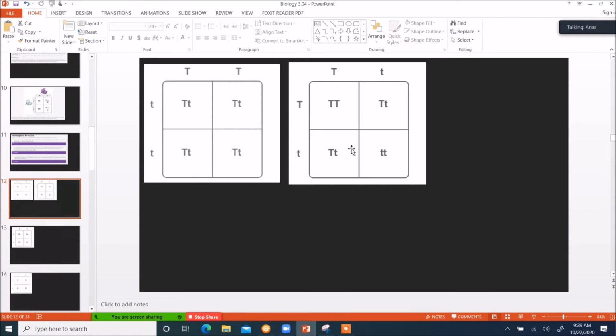They just took one from the top and one from the side. Like in the first column, it only took the capital T from the top and it just paired it with the ones on the side. And in the second one, they did the same thing. So over here we get the capital T goes over here, and the lowercase t. So basically, where they intersect. That's what it's going to be. All right, good. Let's try the second